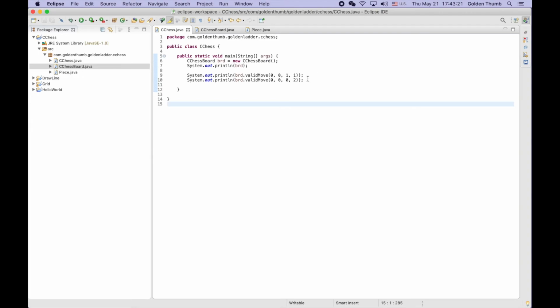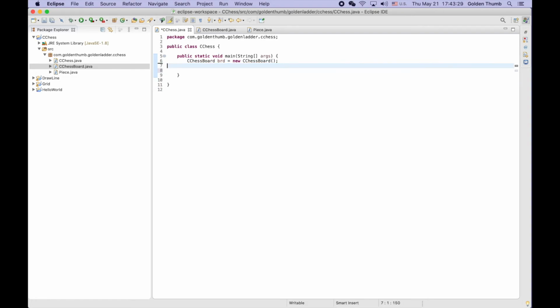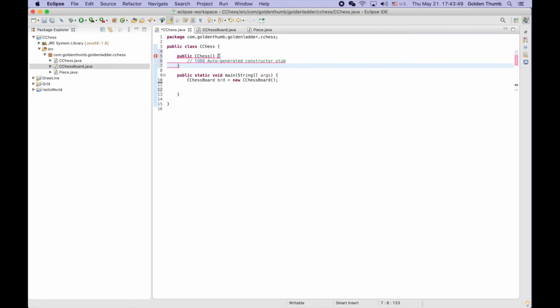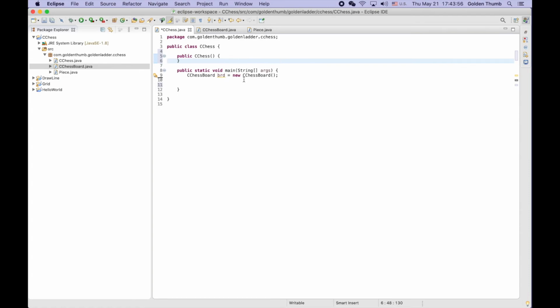Oh, those are testing code. Let's remove it. For now, delete that. Let's make a constructor for this class, CChess. So, yeah, Control D to delete, and